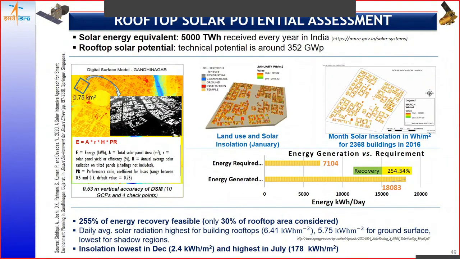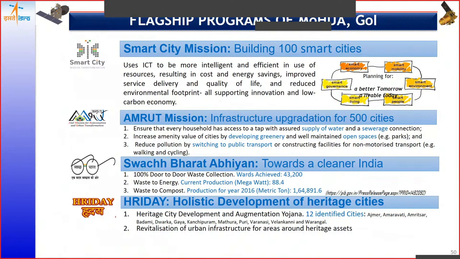So now you know how much is the rooftop area and how much solar energy is incident on any rooftop. If you multiply these two factors and then multiply the efficiency, you can find out how much renewable energy can be tapped using